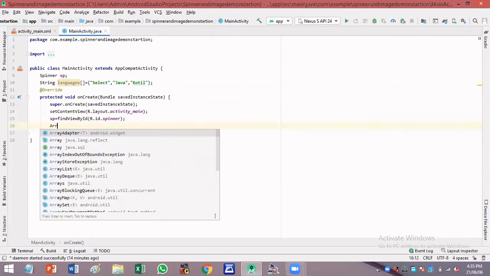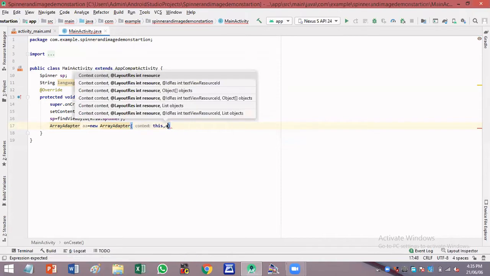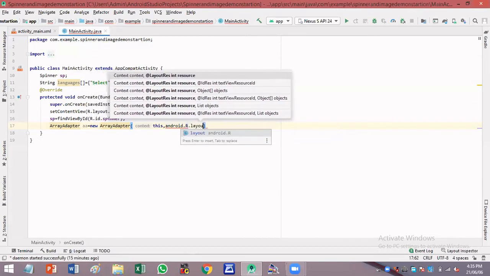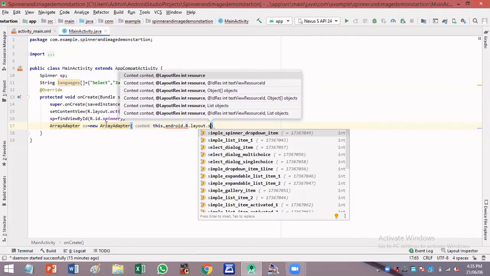Just follow this code: ArrayAdapter aa equals new ArrayAdapter, bracket open, this, comma, android dot capital R dot layout, after layout you have to write dot simple_spinner_dropdown_item.